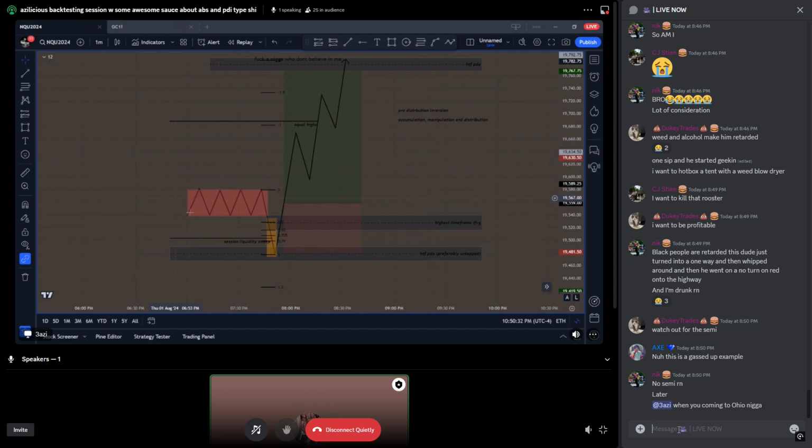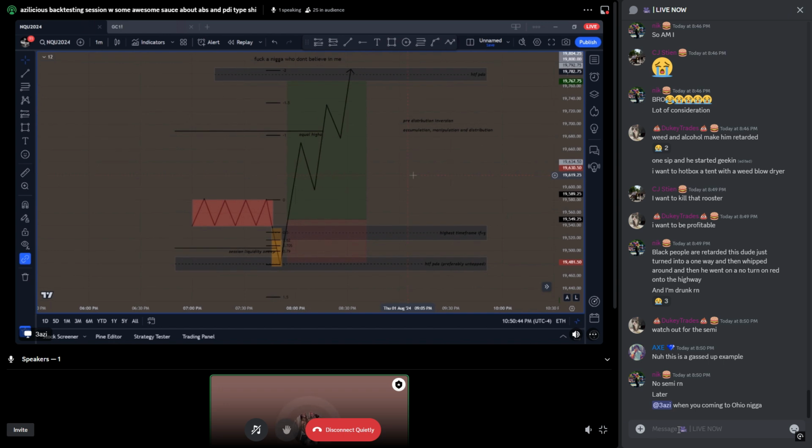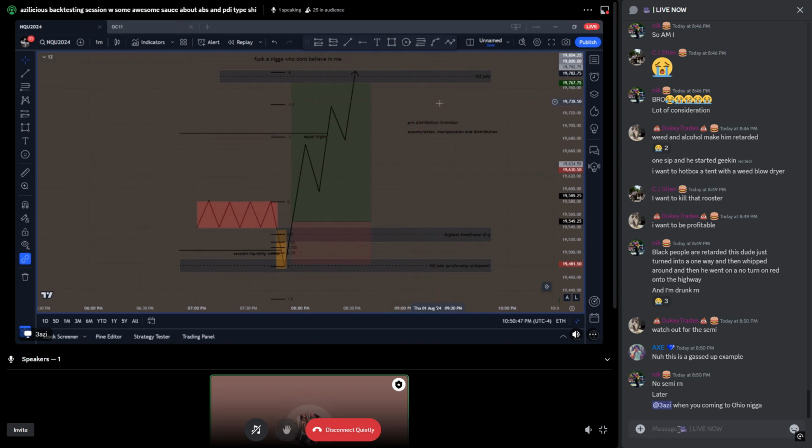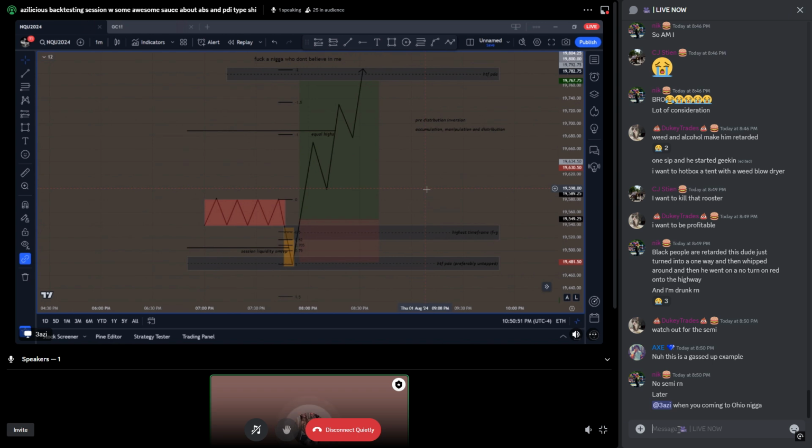As you can see, we accumulate for quite a while. So this is a consolidation zone. Then we manipulate and then we distribute higher up. Okay, it's a pretty simple model that Patrick uses. It's based on the AMD model. It's a pre-distribution inversion. So the goal of this model is simply just to catch the distribution move right before